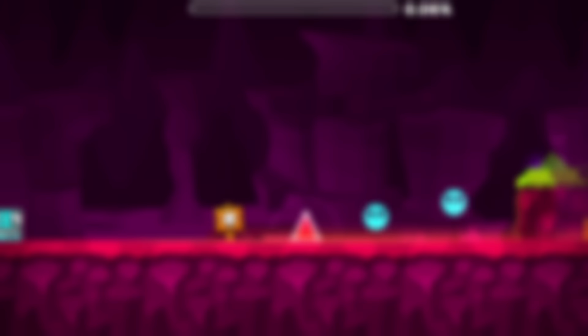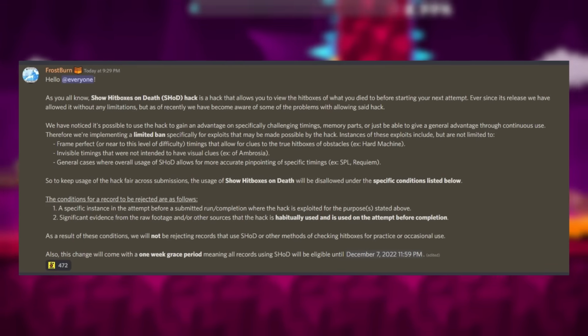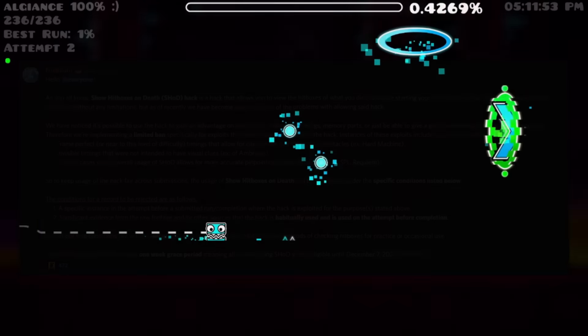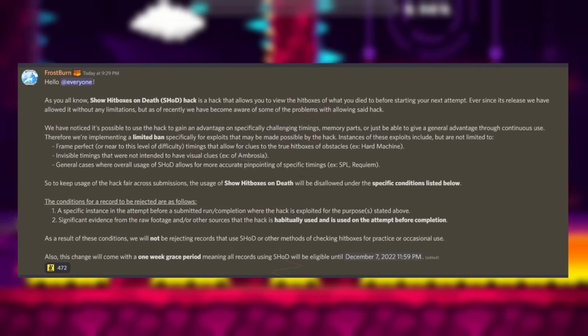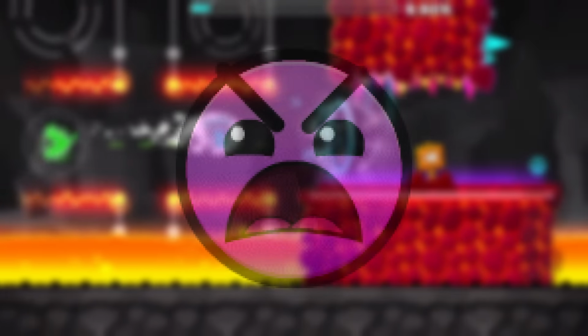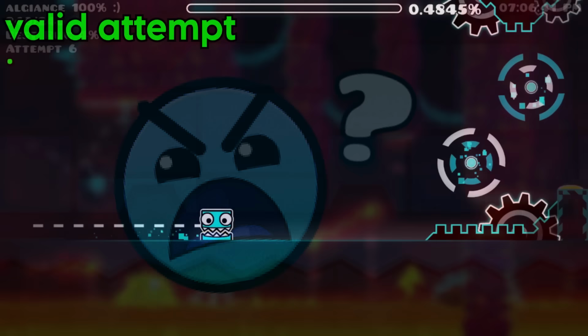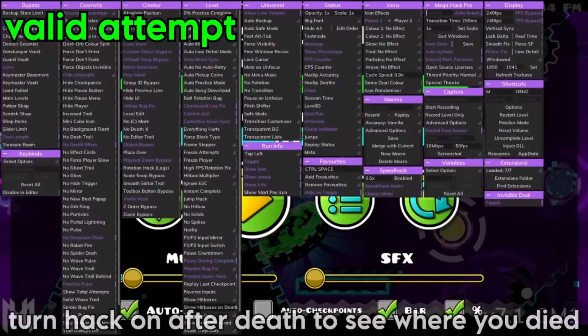So, the Demon List recently banned the Show Hitboxes on Death tool in Mega Hack for supposedly giving an unfair advantage in certain circumstances. I don't often play Extreme Demons, but I do have the opinion that this ban is kinda unnecessary. Not so much that it's a bad thing, but more so that it's pointless and this can be easily circumvented, and I don't really think the hack gives that much of an advantage to really be fussing about